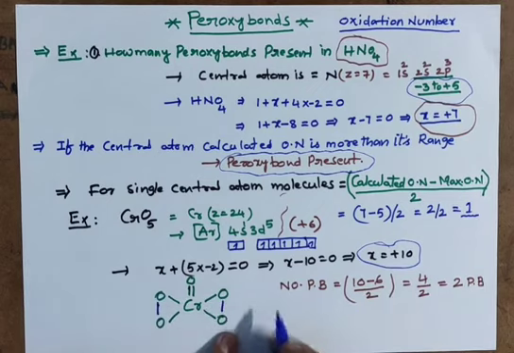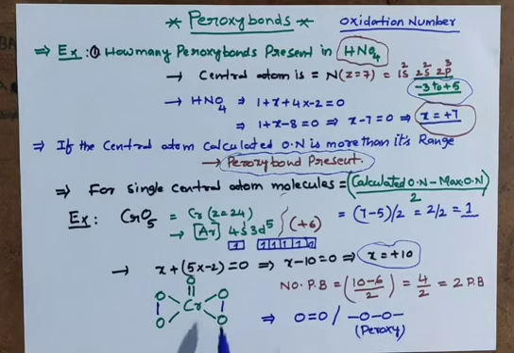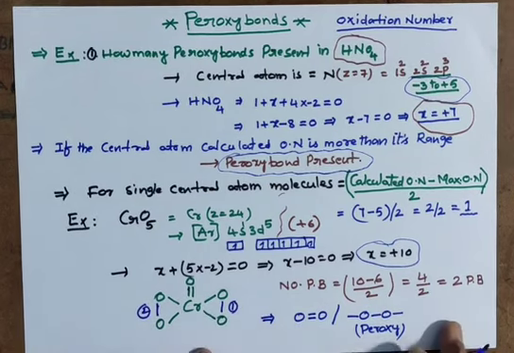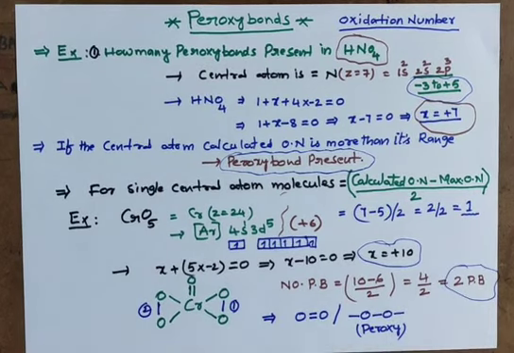So what is a peroxy bond? If oxygen has a double bond, generally, this is a normal oxide bond. If oxygen is bonded with a single bond like this, we are calling it a peroxy bond. Instead of a double bond, a single bond is there in between 2 oxygens, that is a peroxy bond, a peroxide. So here, this is 1 peroxy bond, and here the second one, 2 peroxy bonds. So how many did we get? 2 peroxy bonds. Is it clear now?